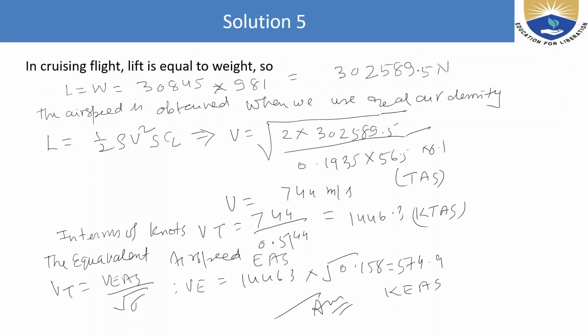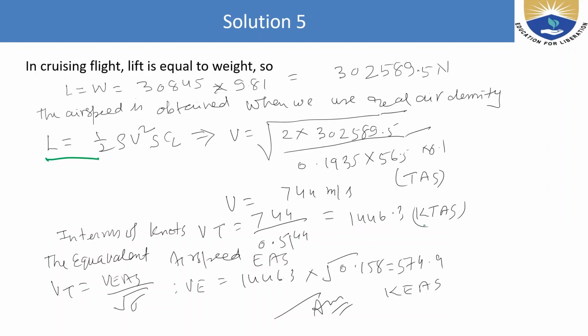So here, in cruising flight, the lift is equal to the weight. So L is equal to W, and it is given 30845 kg into 9.81, which is 302589.9. And this lift is equal to half rho V square S CL. From here we can find out V. Putting all the values, we will get 744 meter per second. In terms of knots, you divide by 0.145, and you will get